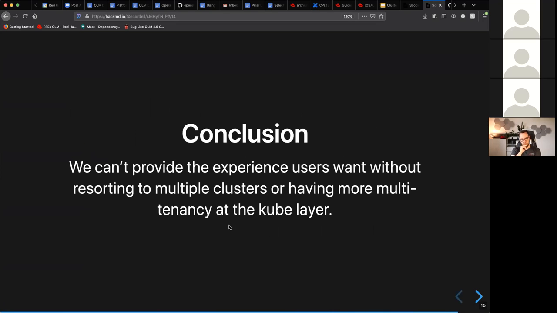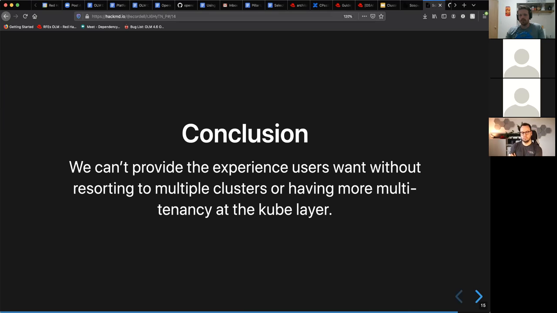So that's kind of where I was getting with all of this. We can't provide the experience that users are asking for within a single cluster. We don't have the primitives to do it in Kubernetes, or at least that's my feeling. And we can provide it if you look up a layer and say, well, I'm actually operating a set of clusters as tenants rather than a set of namespaces as tenants, or a set of sets of namespaces as tenants. Then all of those user stories work fine. I can tweak those user stories a bit and say my scope is now, instead of a cluster, a set of clusters. And now all the user stories are possible, and we've also removed the sharp edges. But